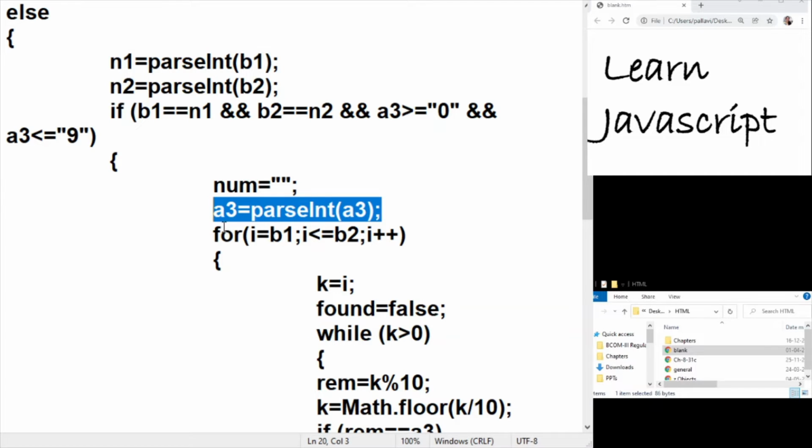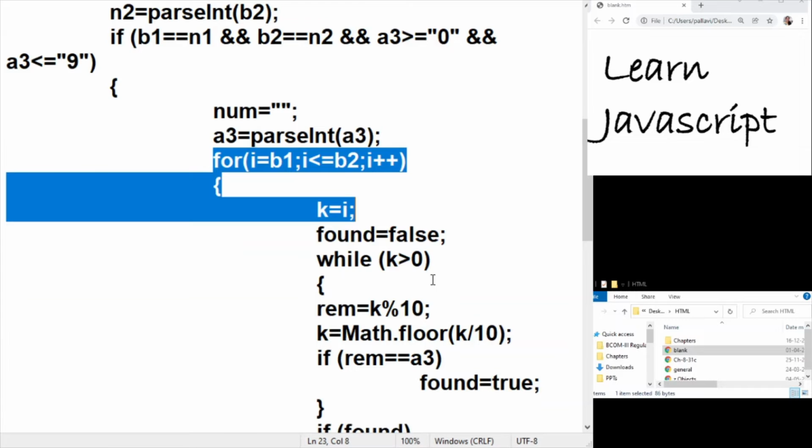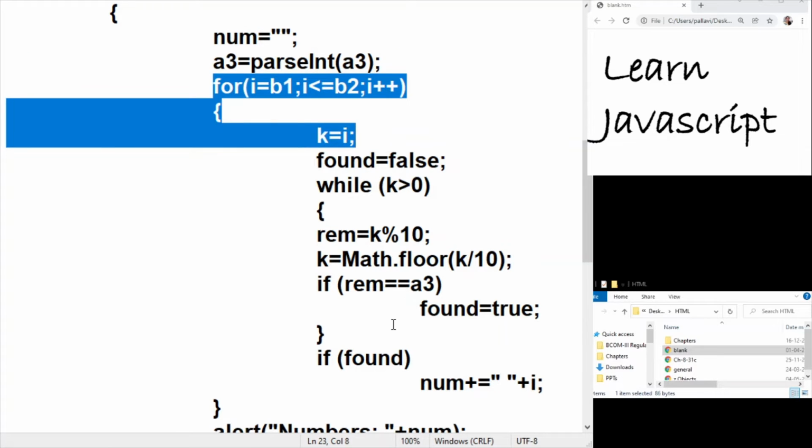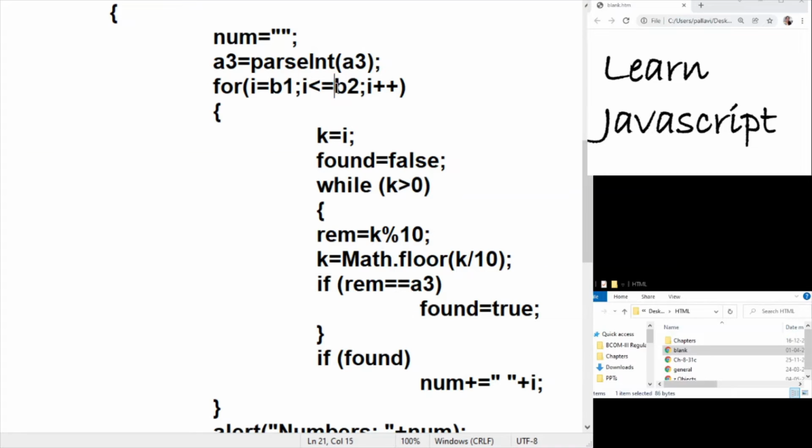Now, we are going to run a for loop as it is. So this code will continue as it is from the previous definition. So from the lower limit to the upper limit, we are going to increment the value of I after every loop. So within that one loop, we're going to copy the value of I in k. So k is going to be our temporary manipulation variable, so we do not disturb the value of I. That is the whole intention.